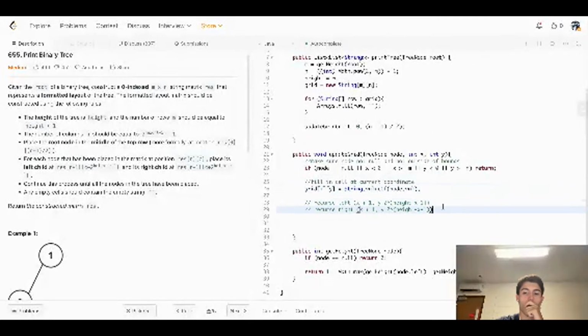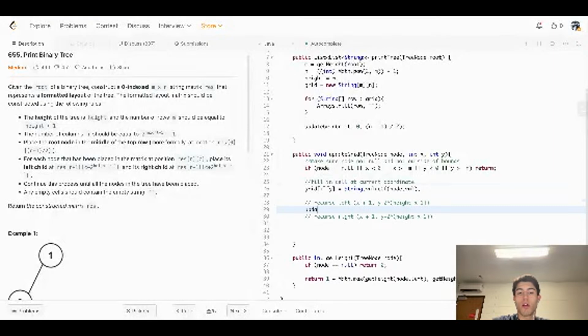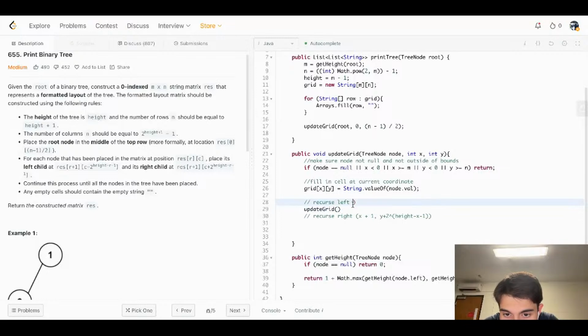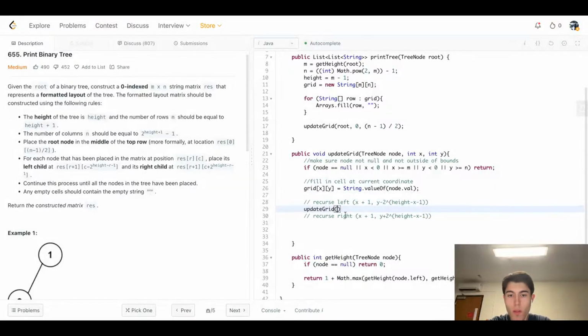We're still cooking. And now update the grid on this. Uh-oh, what did I just do? Node dot left. X plus 1. And then, oh boy, y minus